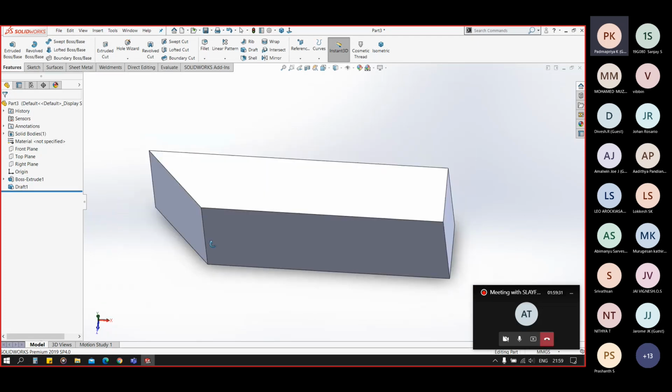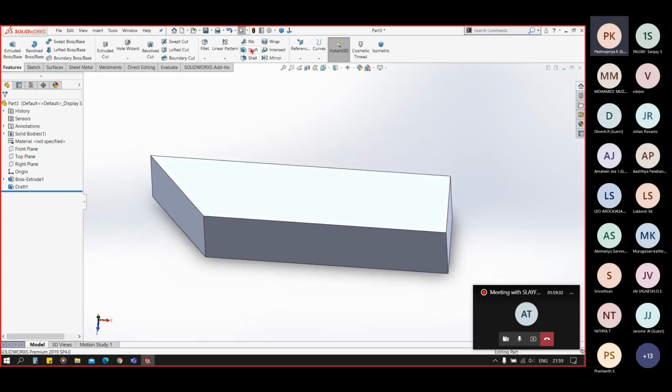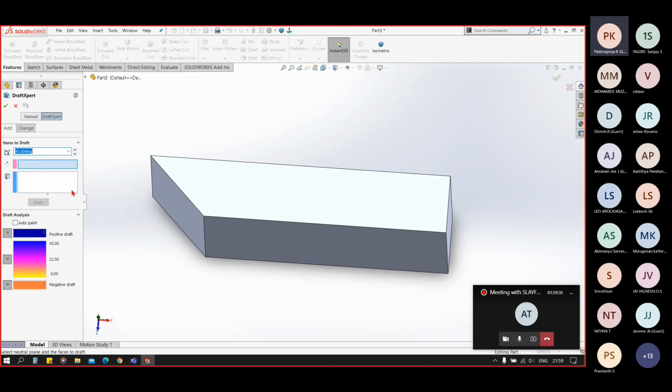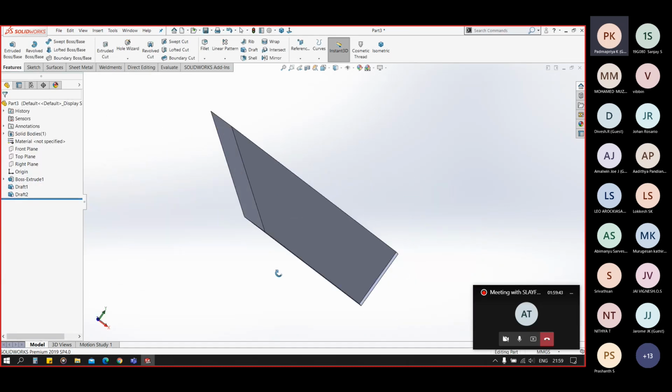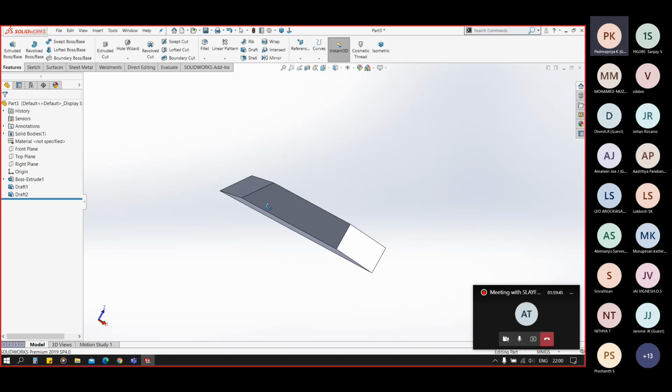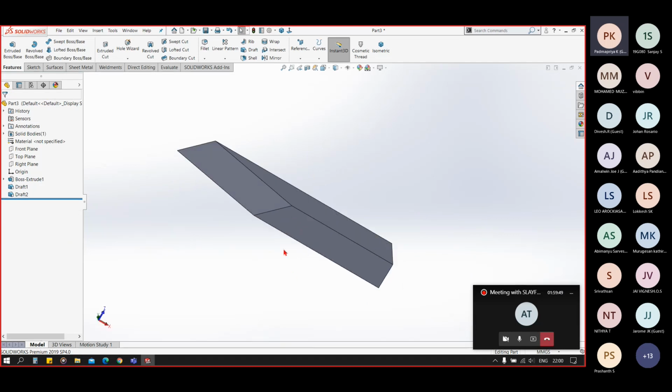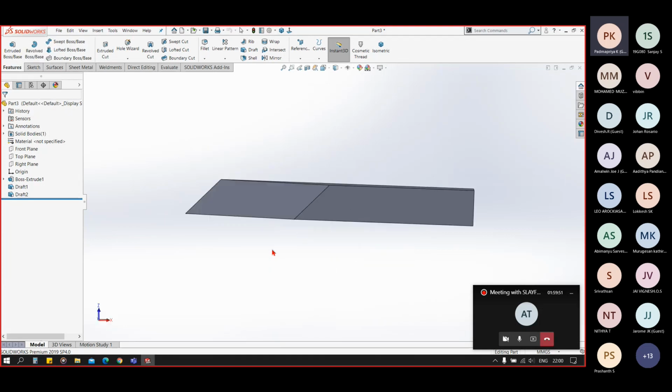Now you can see this face is 45 degree, and again I will make it slanted with 45 degree again. Now you can see this face is angular in both directions.